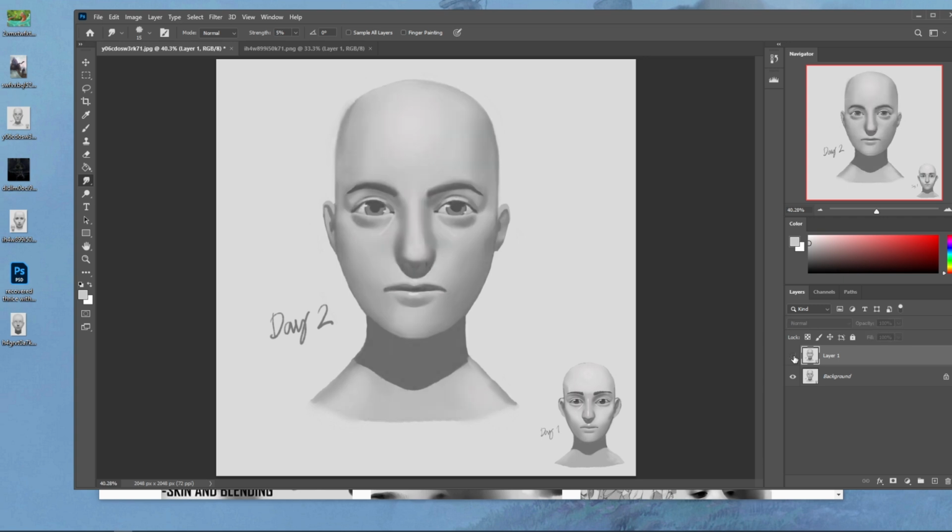Stop using lines on shadows on the sides of the head. Another example of a student that's line dependent. This is line dependency right here. Shadows on the side of the nose and shadows on the sides of the head means that you still think that we're not going to know what we're looking at without lines, because right now, instead of giving us a flat object with its own value and its own structural integrity through its edges, you are